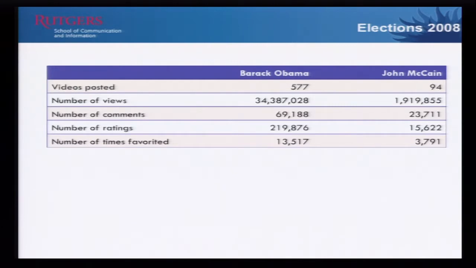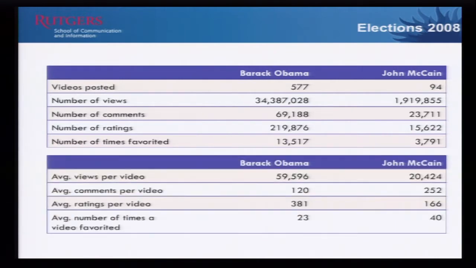Now, when I list Barack Obama and John McCain, these are not the videos that their official channel posted. These are the videos that anyone else would have posted pertaining to Barack Obama or John McCain. So these are not just the official videos. The official channel videos are part of it, but these are not all. These numbers don't actually look that big, but it was really the first time YouTube was being utilized in elections like this. You can also just look at the average, and you can see that Barack Obama's videos, on average, were seen 3 times more than John McCain's.